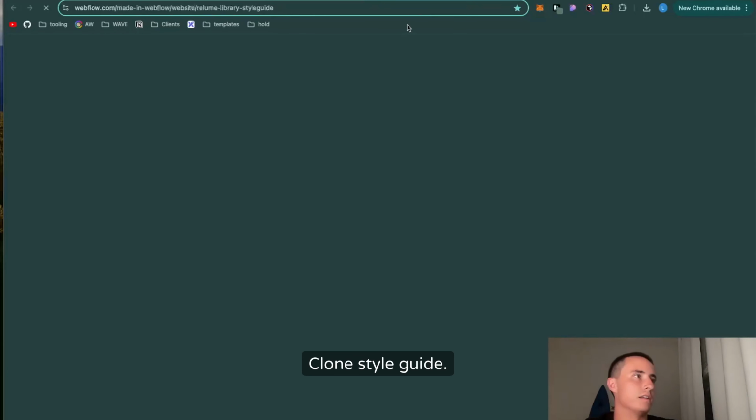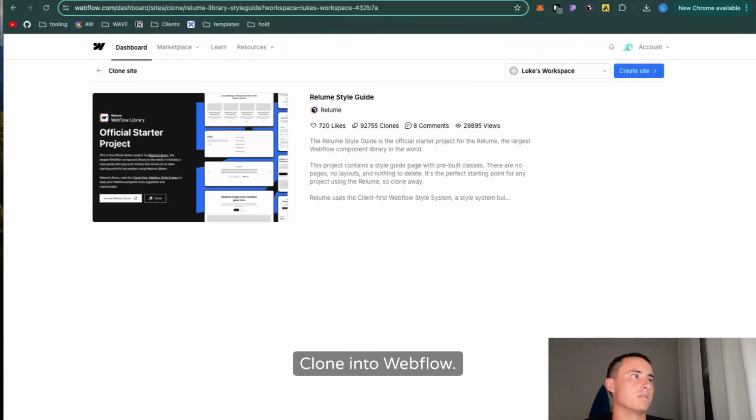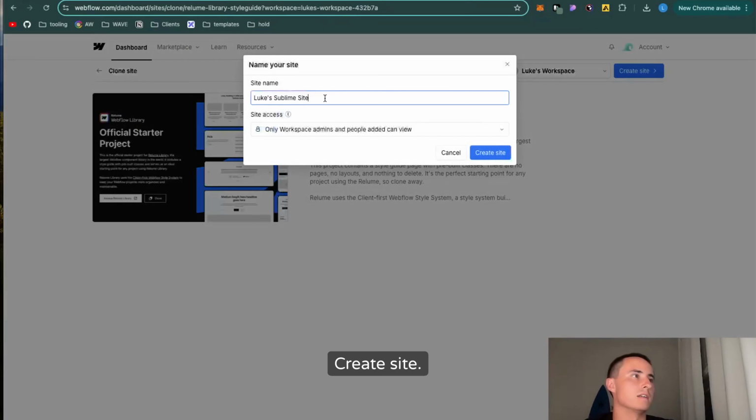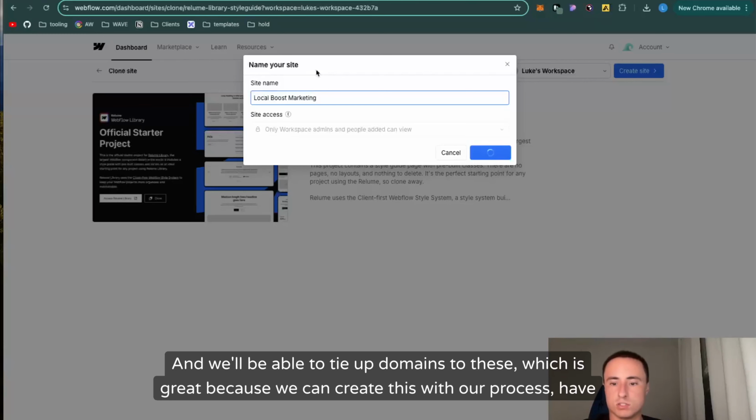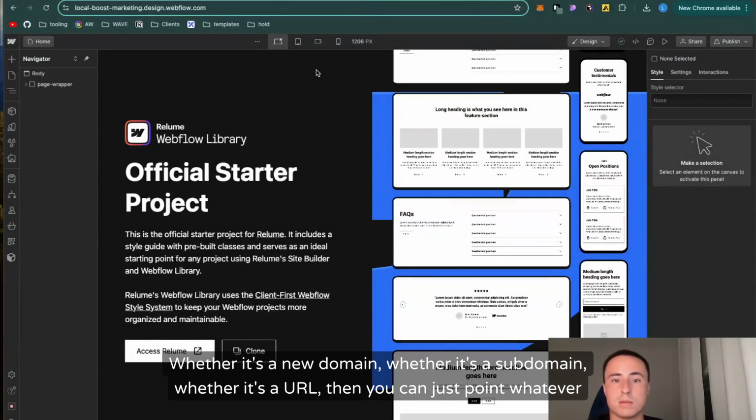Clone style guide. You'll see how smooth this goes. Clone into Webflow. Create site. Local boost marketing. And we'll be able to tie up domains to these, which is great because we can create this with our process, have so much flexibility, and then just connect it into your existing infrastructure, right? Whether it's a new domain, whether it's a subdomain, whether it's a URL, then you can just point whatever you